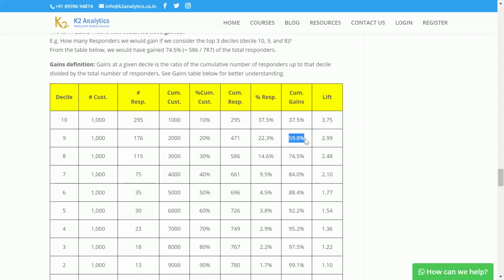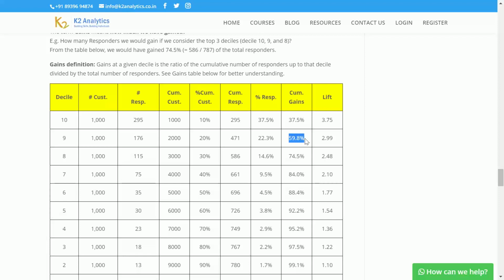However, logically, if I target only 20 percent of the population, that is 2000 out of 10,000, and that too randomly, then 20 percent of the overall responders should be there in that 20 percent sample. If I randomly select a 30 percent sample, in that 30 percent random sample, 30 percent of the total responders should be present. That is a random strategy.